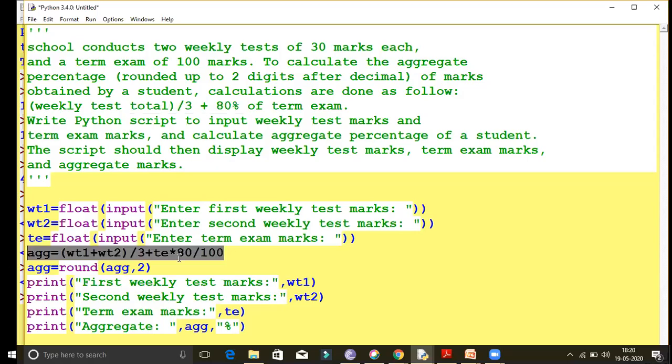This is the formula you have to use for calculating. Now aggregate equals round off.